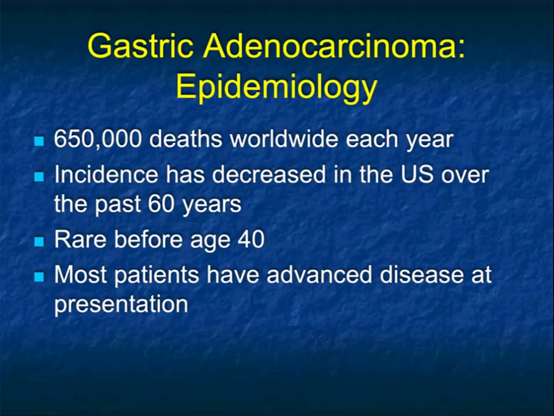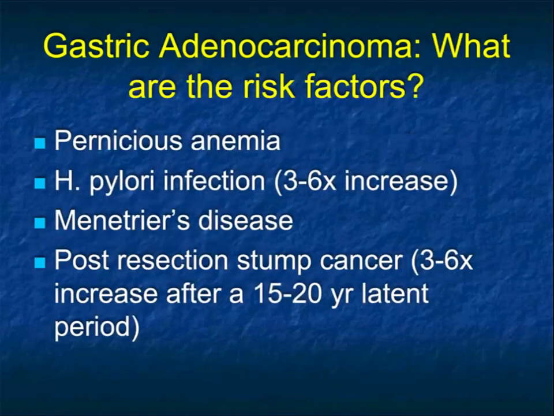Now, when we speak about different tumors, and I'm going to go through a number of them, let's start with gastric adenocarcinoma. 650,000 deaths worldwide each year. The incidence has decreased in the U.S. over the past 6 decades. It's rare before age 40, and unfortunately, most patients will have advanced disease at presentation. There are certain risk factors: pernicious anemia, H. pylori is very common, up to 6 times more frequent in patients with gastric adenocarcinoma,